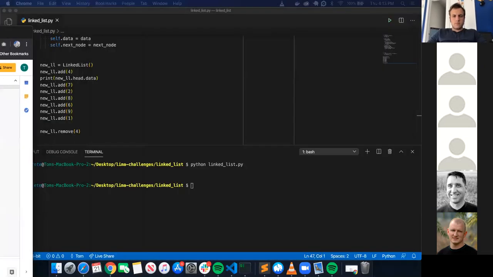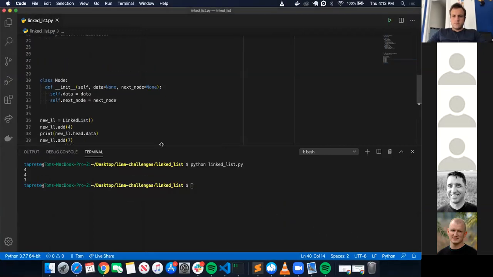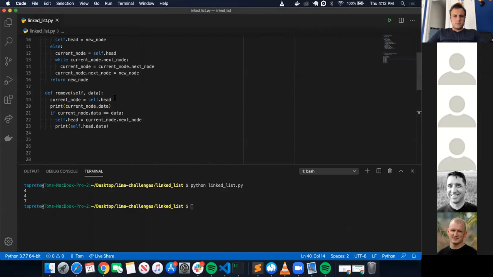So with that, in addition to having a current node, I need to keep track of a previous node, which initially is None, because when we first start at the very first node, which is the head node, there is no previous node. So I can get it here. And else,